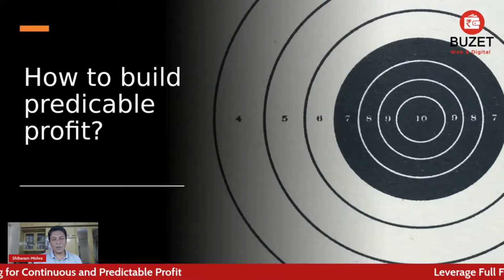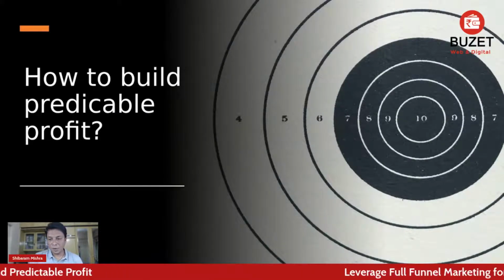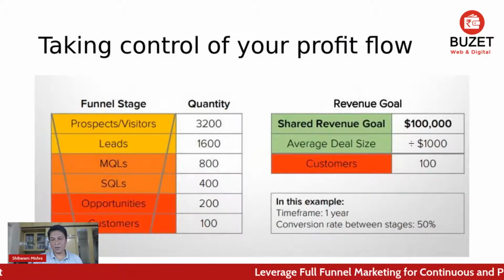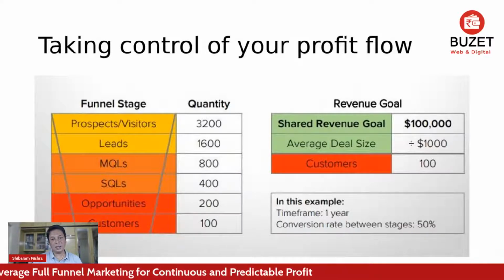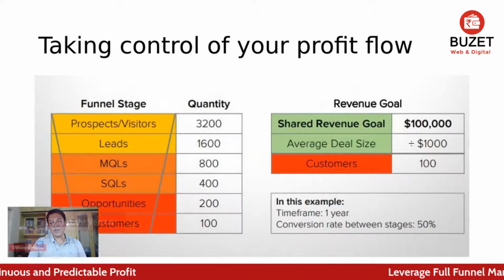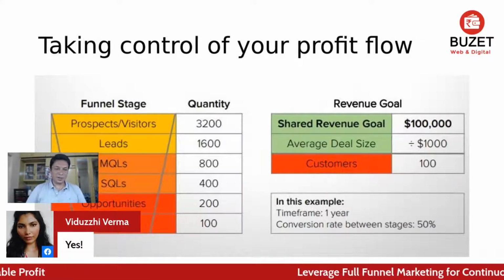So let me show you another example. Are you clear up to now? You had this question, right? How to find the leakages. If these assumptions are not met, if you have a plan like this and there is less conversion between layers, then you know where to fix, where there is a leakage.